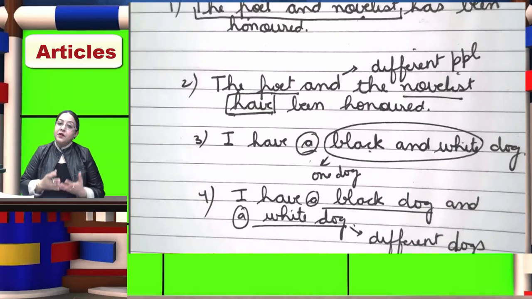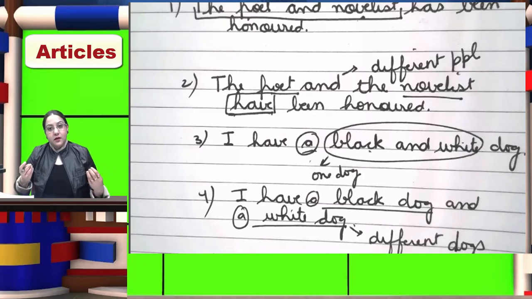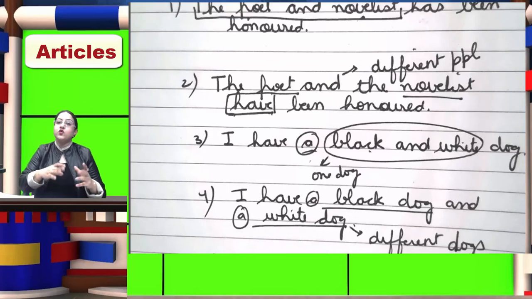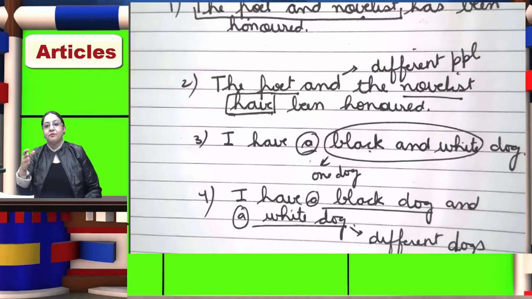In this class on articles, the part of grammar that deals with articles, you must have read this part earlier also. So this was only a recapitulation of whatever you have done. In articles, we simply know that a is used with consonants, an is used with vowels, and the is a definite article. But I am very much sure you may not be knowing the details of why a and an are indefinite articles and the is a definite article. But now the concept must have been clear to you. So this was the explanation about the definite articles and indefinite articles.